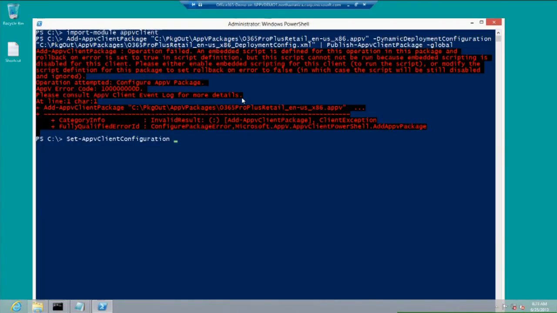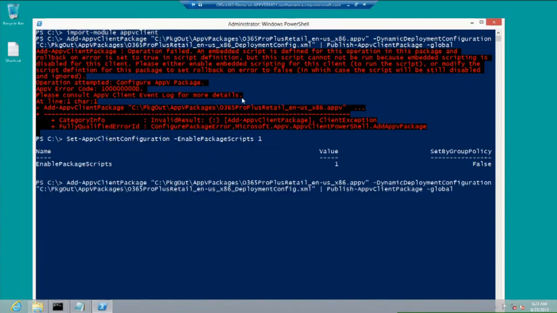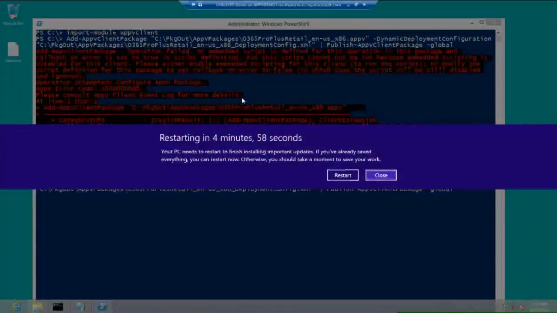All right, so I'm going to set my AppV client configuration, enable package scripts to 1. Okay. And then if I use the up key, this is what I love with PowerShell, I can just get that script again. And now we can publish the Office package. All right, one of the nice things about dynamic deployment configurations and the user configurations is that